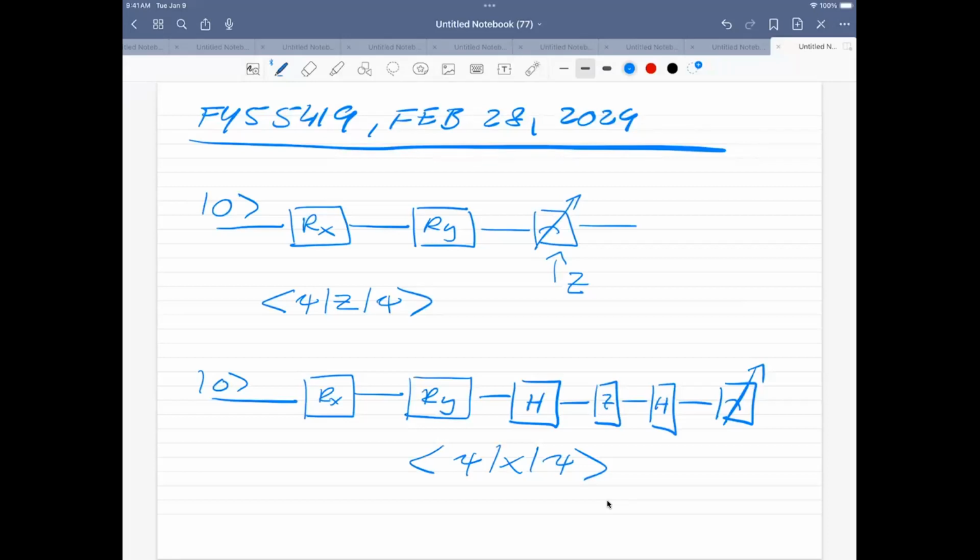If you look at this type of transformation here, the X gate is given by a Hadamard matrix multiplied with the Z matrix multiplied with a Hadamard matrix. Now, the Hadamard matrix is a unitary matrix. We know also that if I take it squared, this is equal to the identity matrix. Now, one of the things which we are going to generalize,